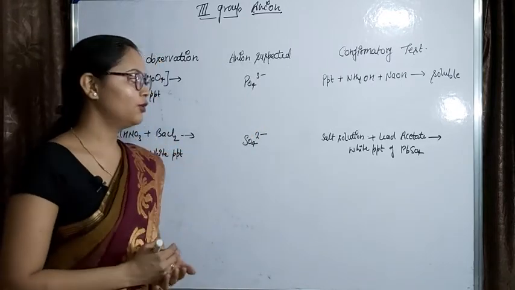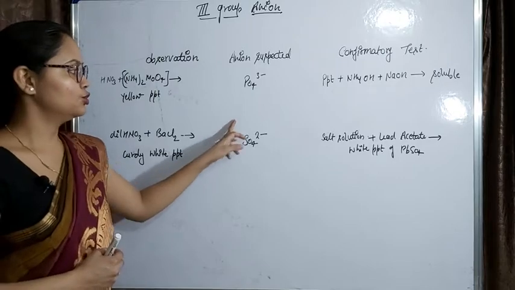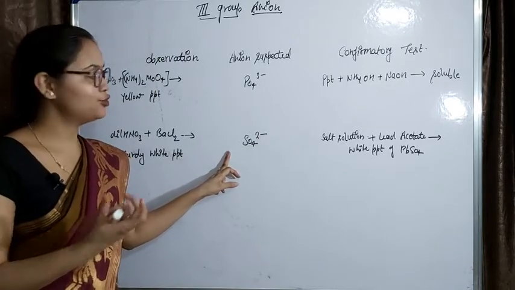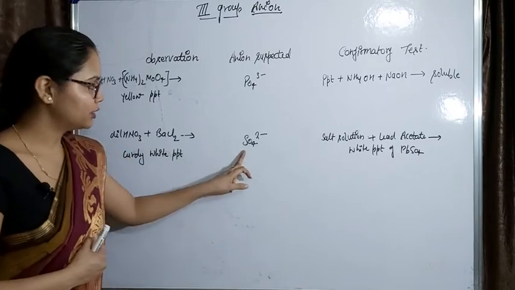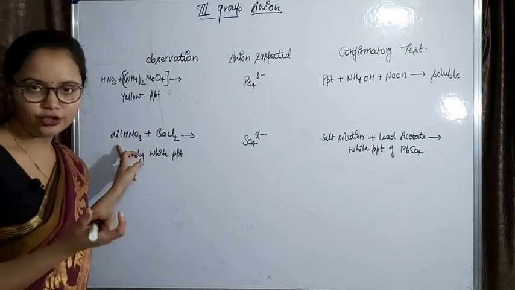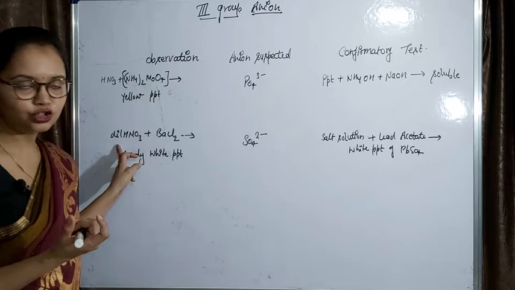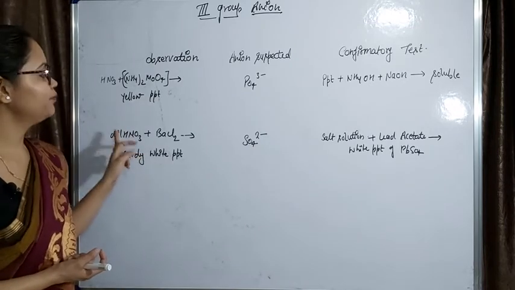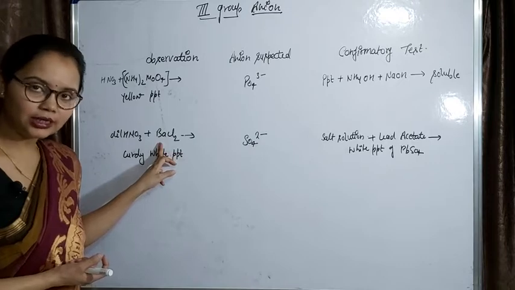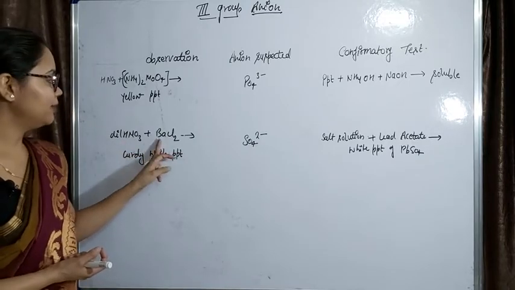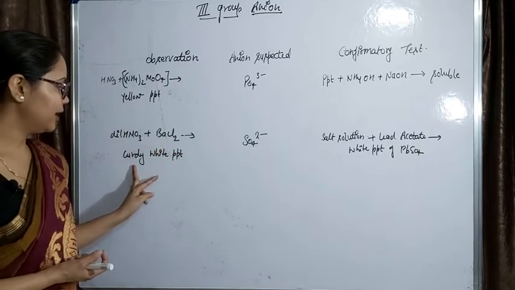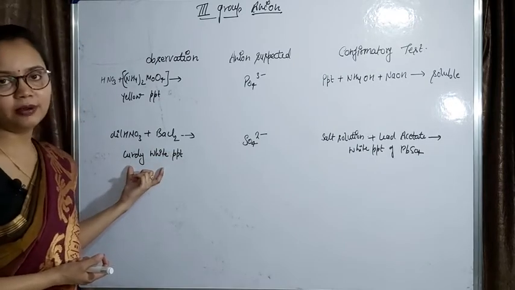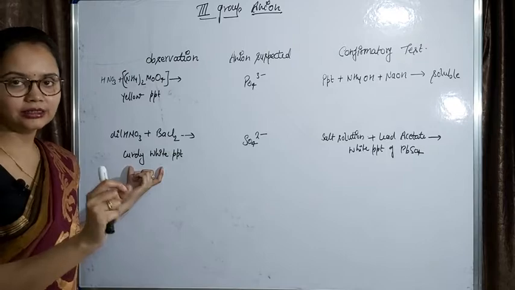Now let's talk about the sulfate ion. So how will we determine the presence of sulfate ion? For this, we will take salt solution in a clean test tube, and then we will add dilute HNO3, and then we will add BaCl2. If after adding both these chemicals we get a curdy white PPT, this curdy white PPT shows